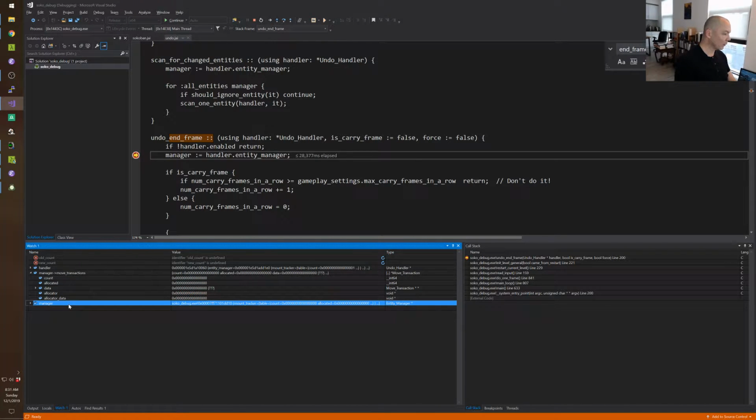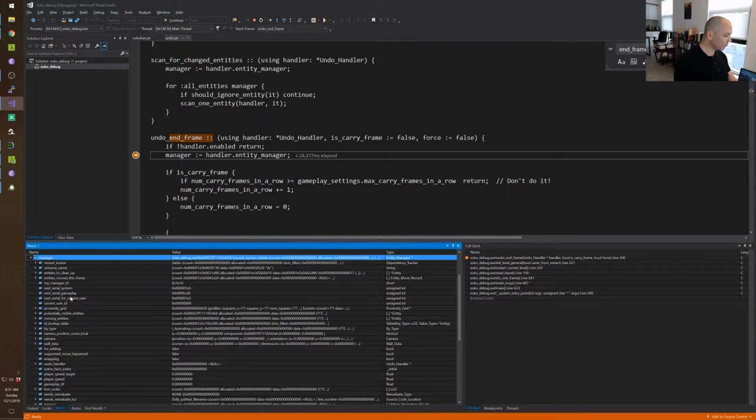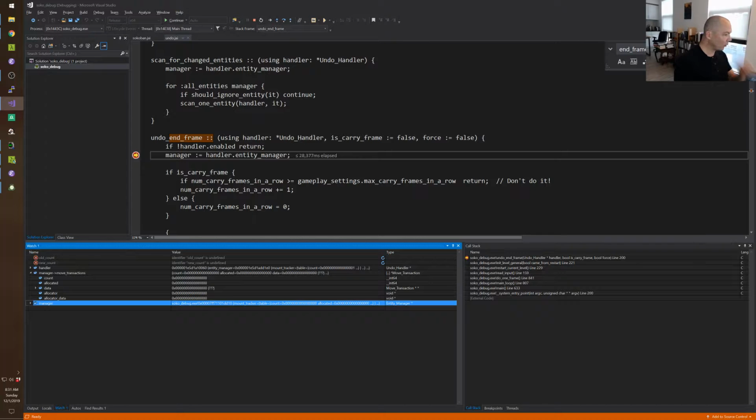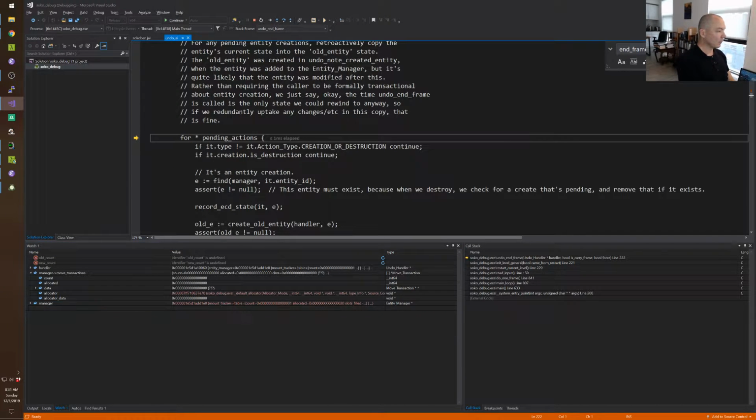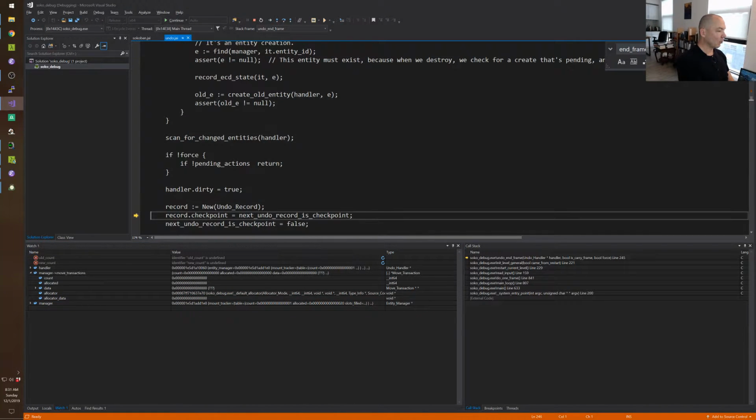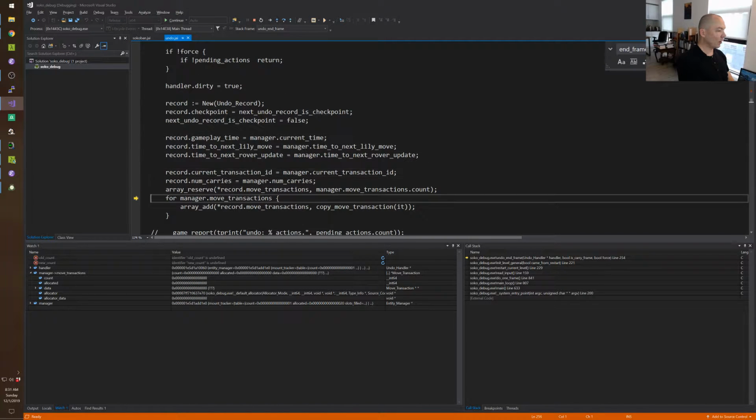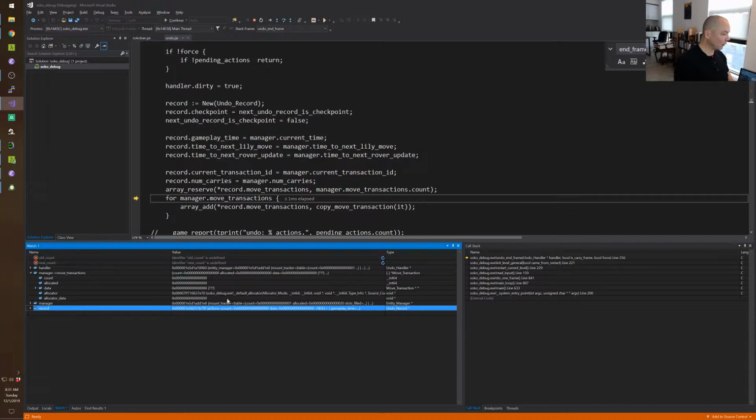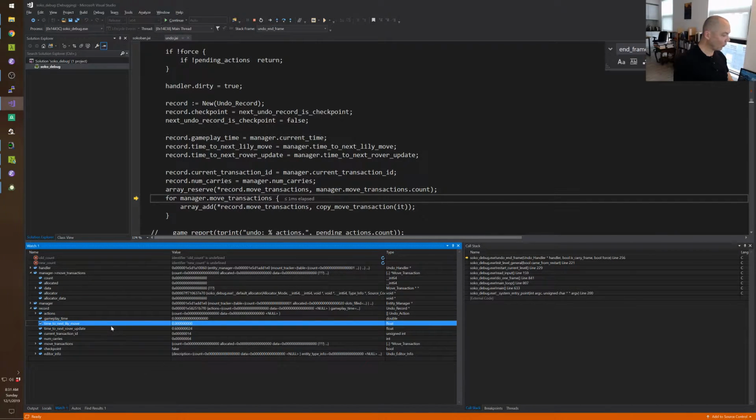So we have this thing here. We're going to make this undo record, and we set all these things in it, and one of them is time to next lily move, right? And then when we undo, we should get back that time to next lily move, and it should be, so it's 0 right now. And what that means,